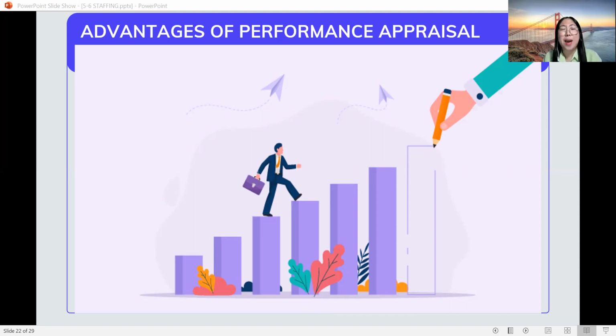This is a systematic procedure that helps the supervisors to frame the training policies and programs for each employees, because it contributes to analyze our strengths and weaknesses of our employees. It also helps in framing future development programs for our management or organization. Next, we have